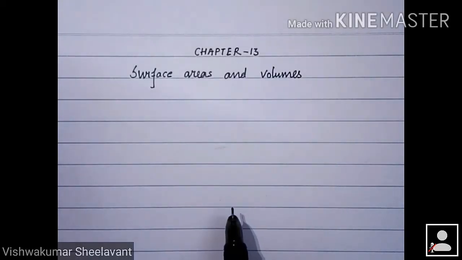You have studied already surface areas of cubes, cuboids, sphere, cone, and then cylinder. Here also you will be studying the same thing, but the difference is that you will be having a combination of different solids here. A cone connected to a cylinder,